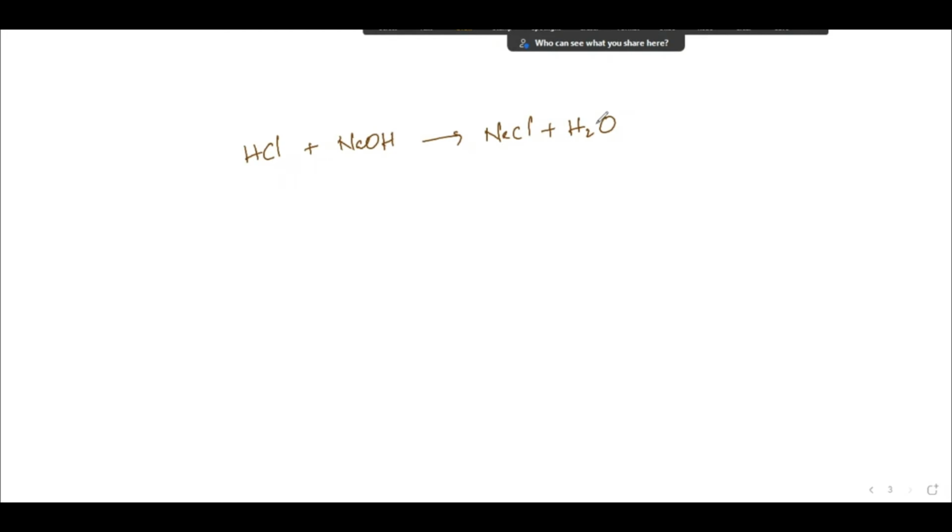So in this case, HCl and NaOH, these two are taking part in the chemical reaction, so these two are called reactants, and as a result of the reaction you are getting these two substances, so these two are called products. So generally what happens, a chemical reaction